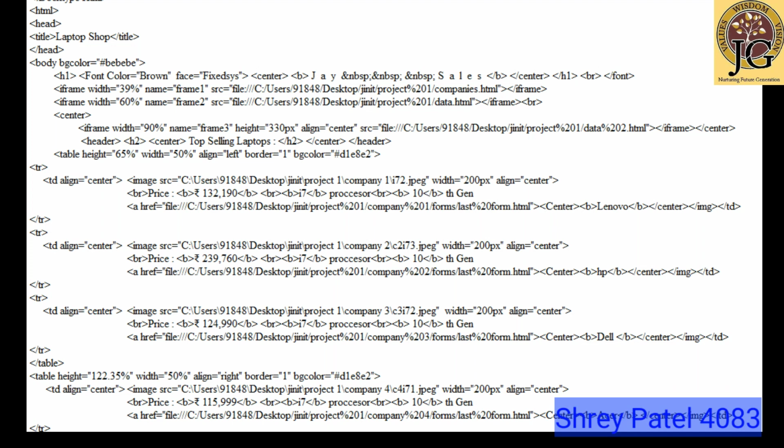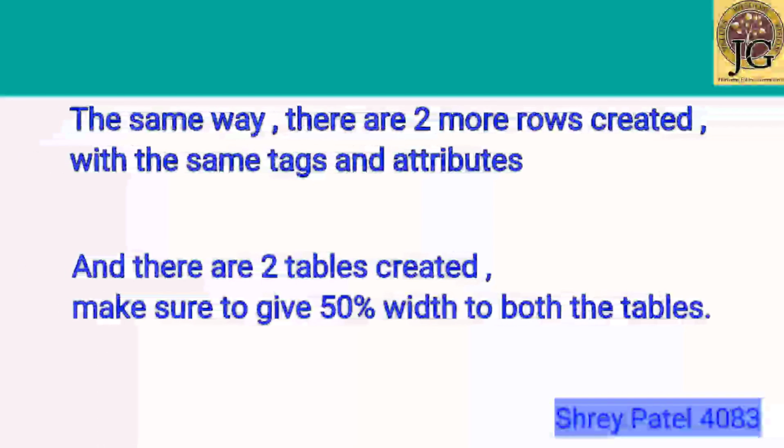And in this new line, an anchor tag is used to link the text with a web page, and in this anchor tag we wrote the name of the first company so that the company name would be holding the web page. And one important thing, to link the web page with this company name, there is an attribute href used in the anchor tag. In the same way, there are two more rows created with the same tags and attributes, and